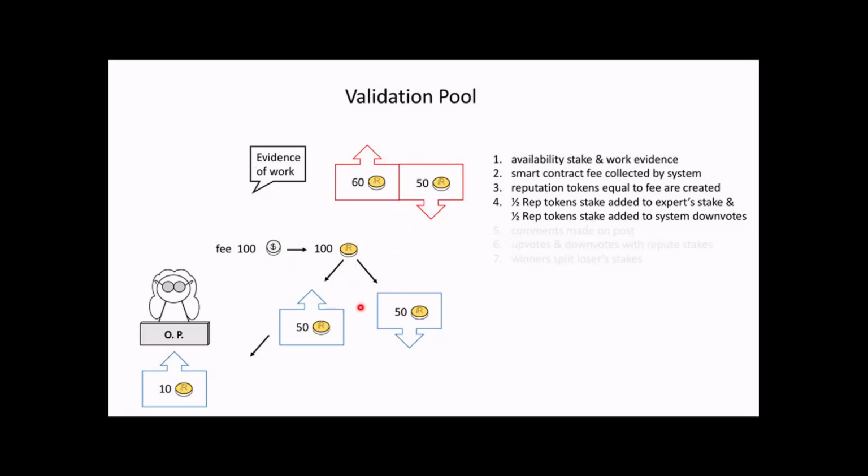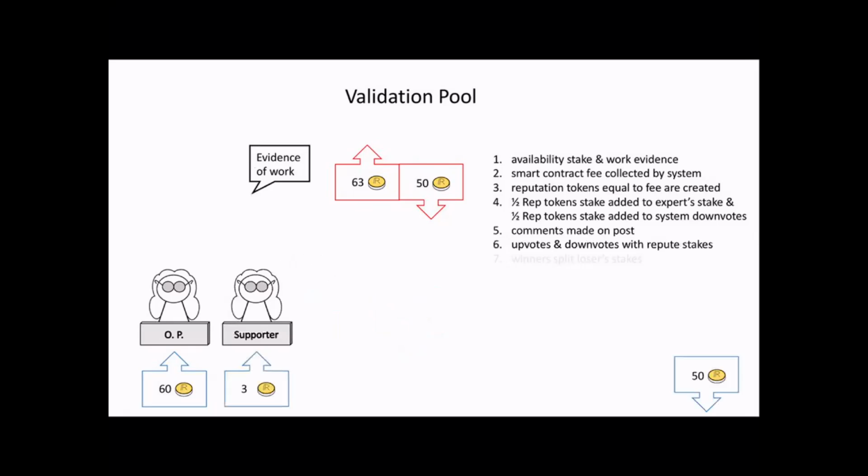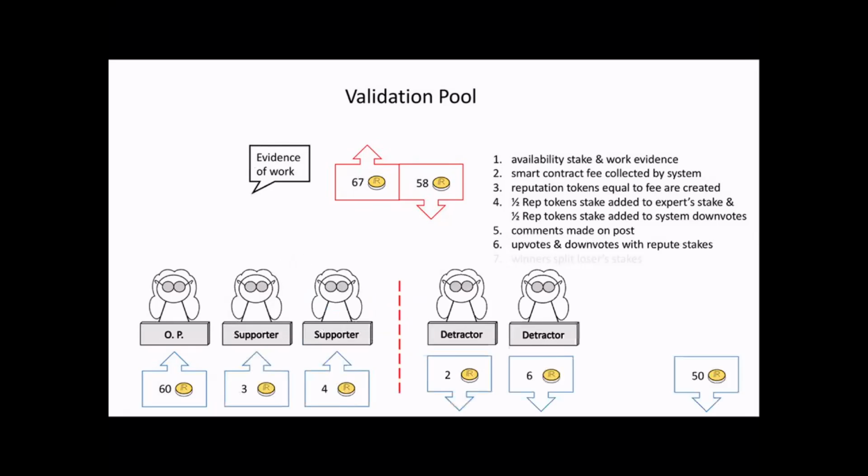However, this is one of the major parameters that can be adjusted as we go forward and make these things more complicated. I didn't want to get into it right now, but you wouldn't have to share the 50 that are downvoted. You could just throw those away if you didn't care about policing. The 50 that go into downvoting, in this case, are not assigned to anybody right now. Nobody gets them. The 50 that were upvoted were assigned to the original worker. That's their reward for doing the work.